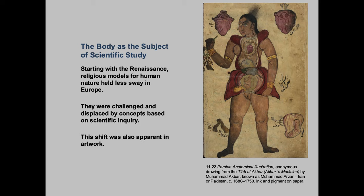So the body is subject of scientific studies, our next segment. Starting in the Renaissance, religious models for human nature held less sway in Europe. The idea that you were going to actually investigate and look into the body was something that was starting to happen. We looked back at Leonardo's drawing of anatomy and a child in the womb, I believe, of someone that died. So that was kind of unheard of and taboo, but in